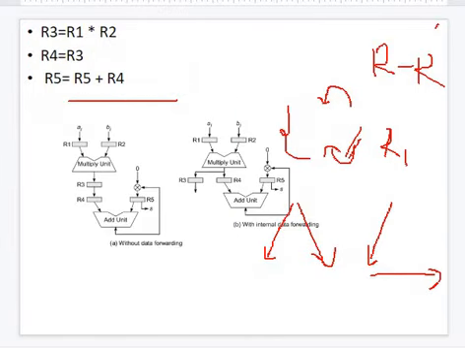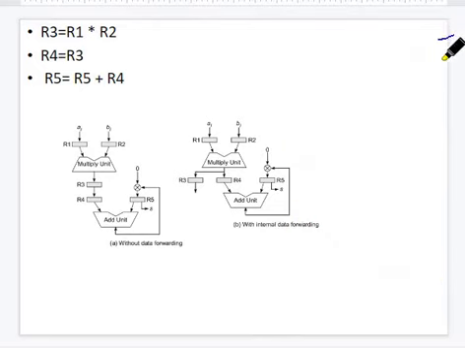One more example we have here is for multiplication. R1 into R2, store the result in R3, take a copy of R3 and store it in R4. Please make it like this, left hand. Then perform R4 and R5, and store a copy in R5.